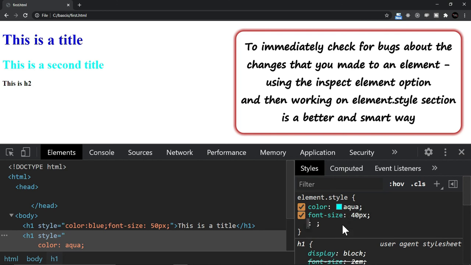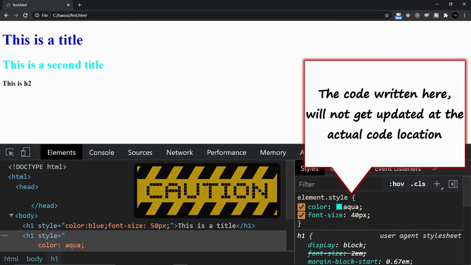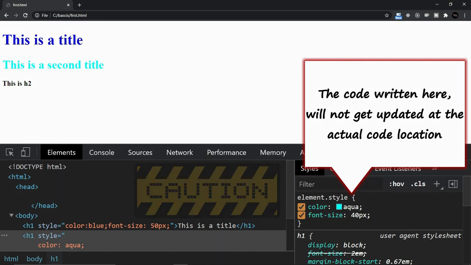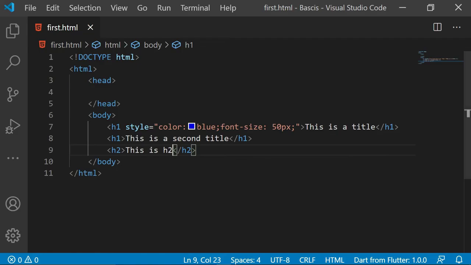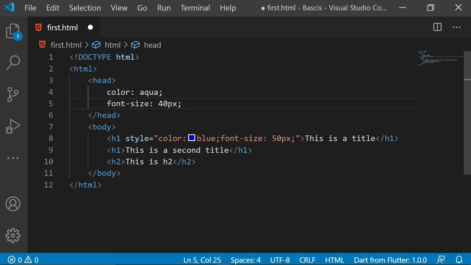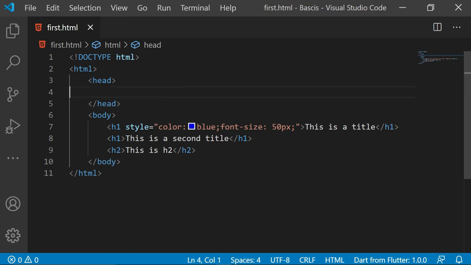This is a better way when you want to debug or when you want to practically see immediately. But remember, the code which you write here is not updated in the actual code. So in case, let's say you finalize this CSS, then you are going to copy this and paste it in your source code. That is possible. Like I have copied and I can paste it somewhere. So this is a very easy way to deal with CSS.